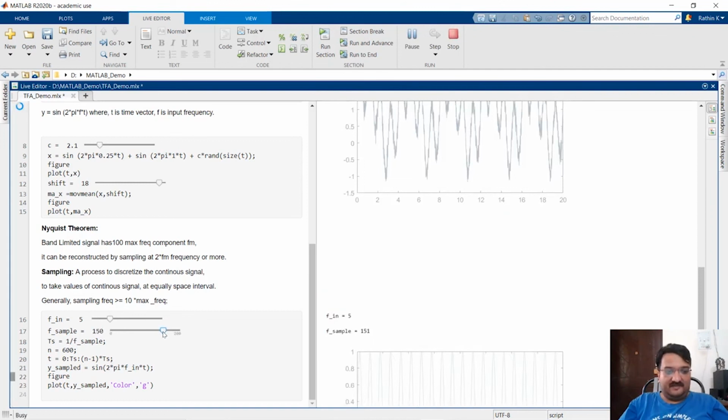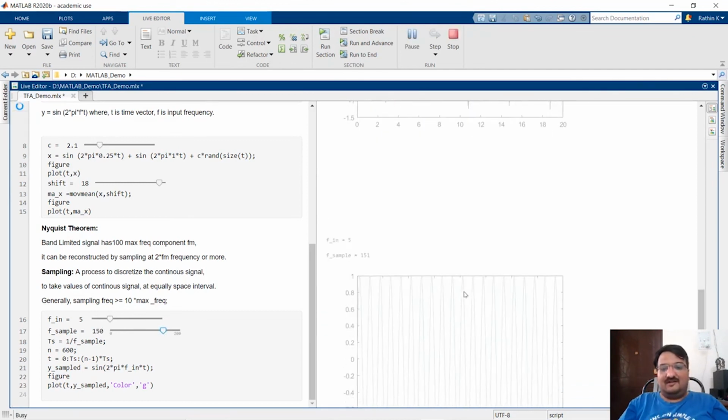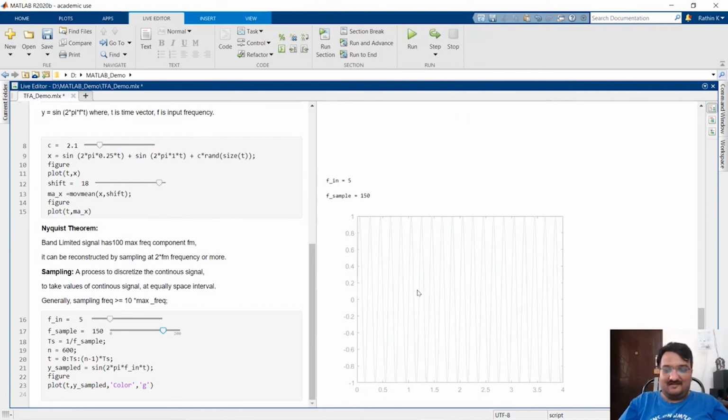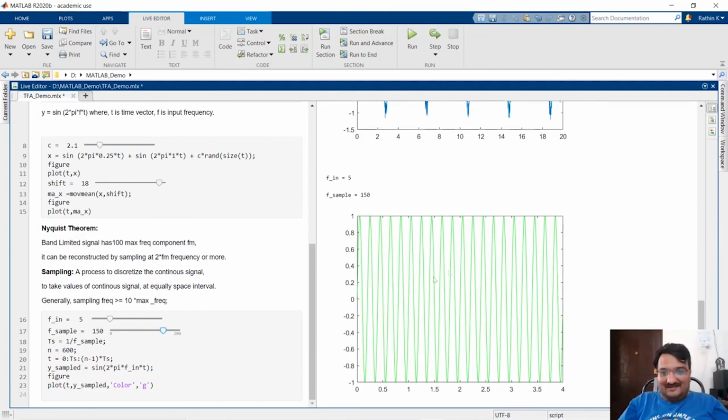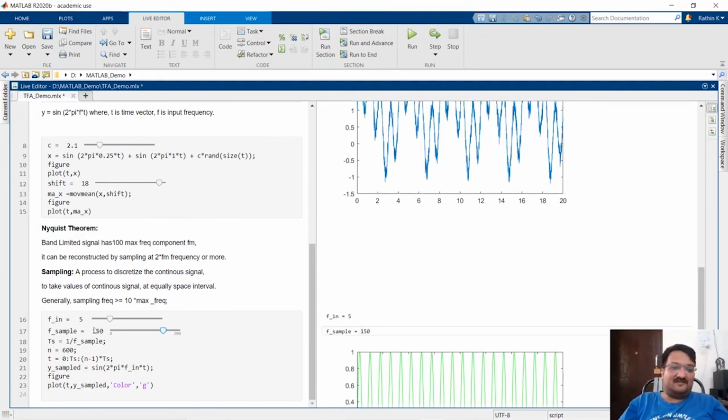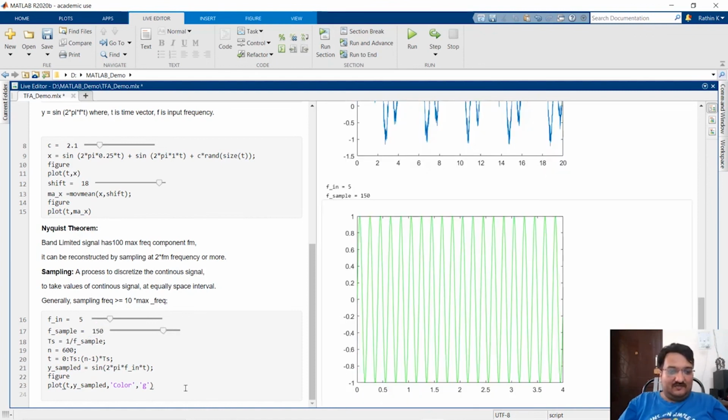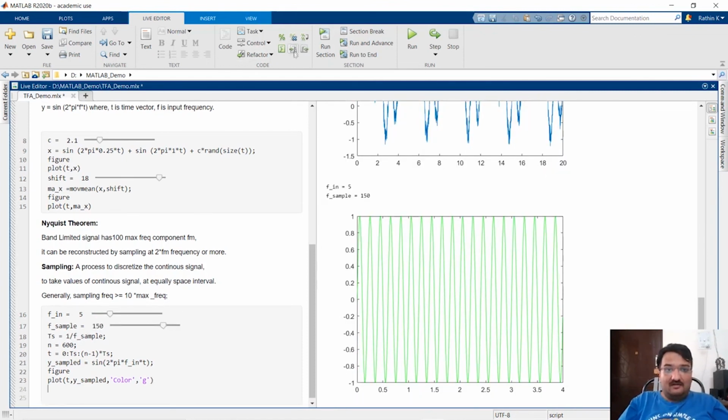You can clearly see here that you are getting an excellent sine wave because your sampling frequency is way higher. So, concluding what we have seen: the higher the sampling frequency,